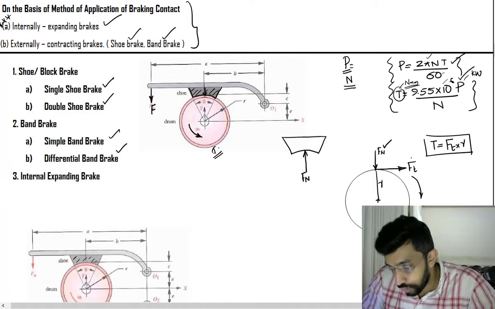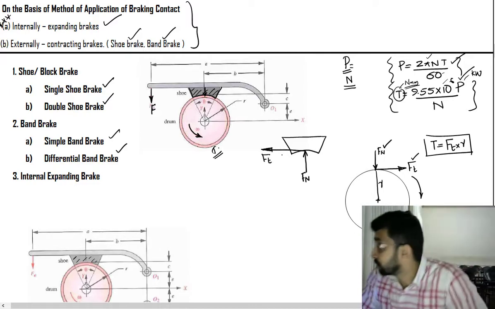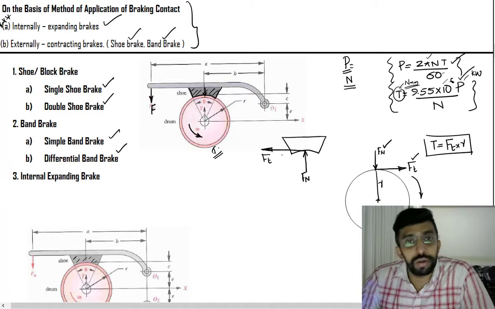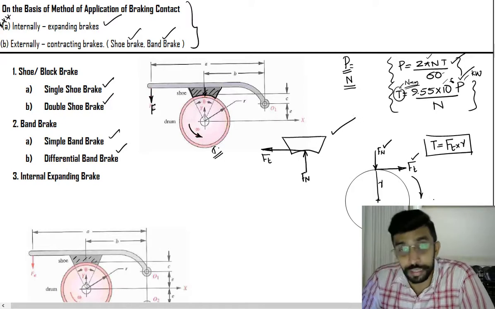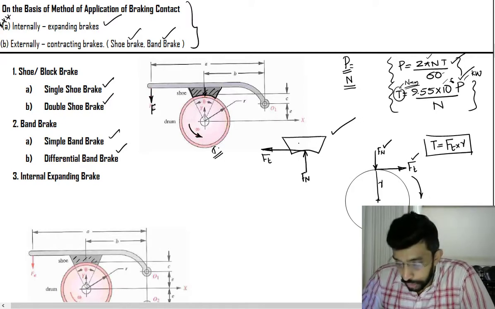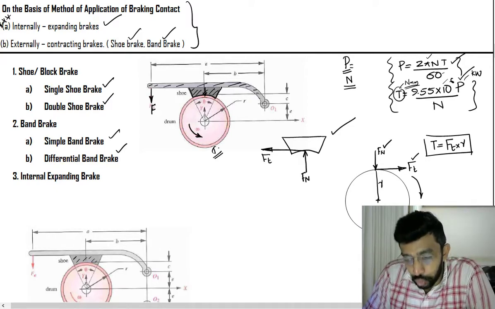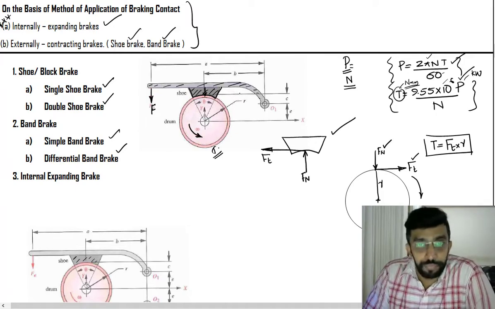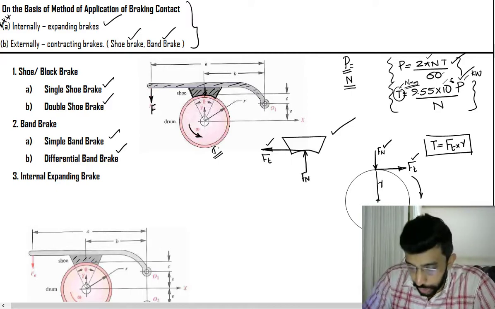Now when you take the case of Ft, here also you have a reaction in the opposite direction like this. This is Fn and Ft. So whenever you draw the free body diagram, make sure that you use the free body diagram of the brake shoe, not the brake drum, because the brake shoe is attached to the brake lever, and to design the brake lever and brake shoe, we should know the forces acting on the brake shoe, not the forces acting on the brake drum. And it's very easy to get the direction of Ft. You just follow the direction of the brake drum.